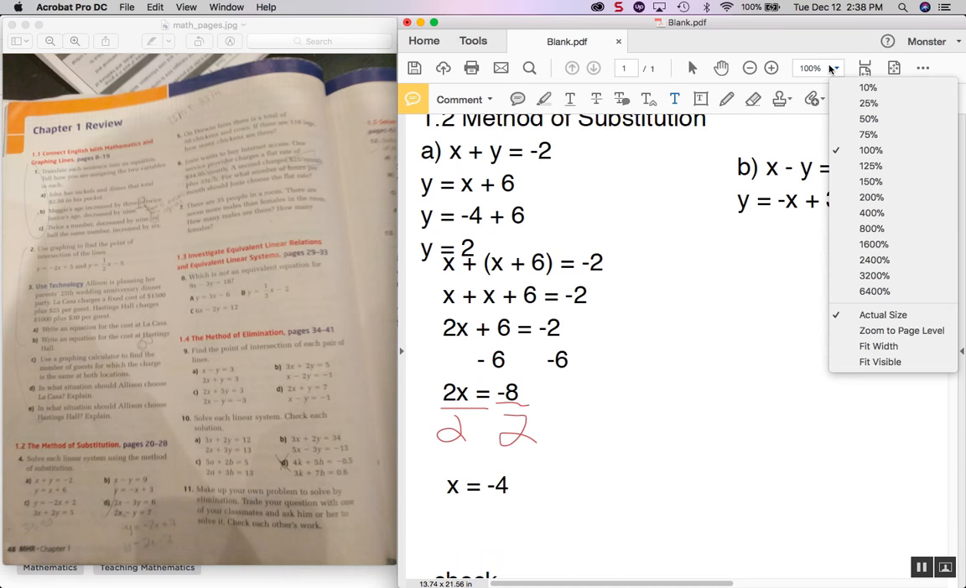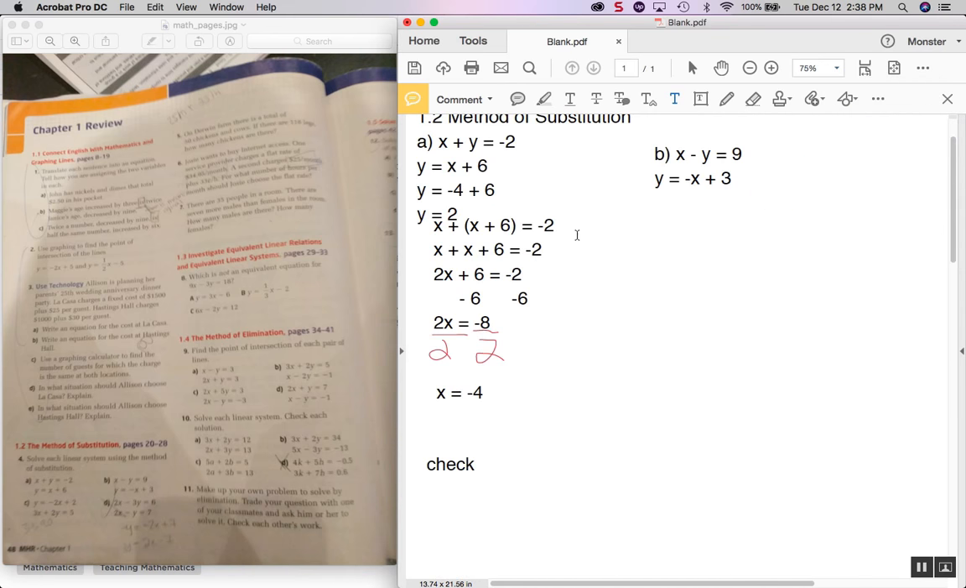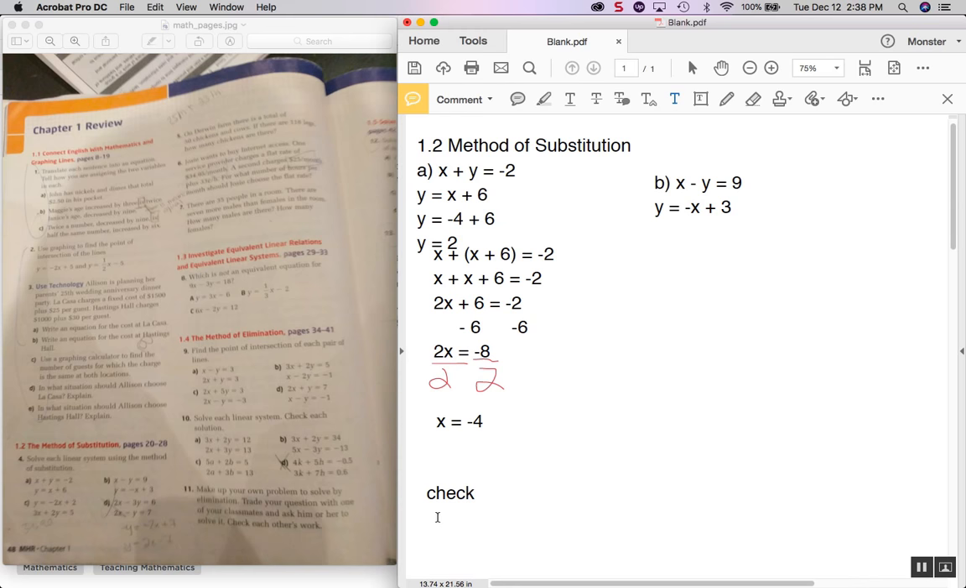Now, if you want to double check it, let's zoom this out a little bit so we can see more. Alright, so now I want to check it. The way we do it is you take our answer values, y equals 2 and x equals -4. Since we used the bottom equation already to get what y equals, when we're checking,